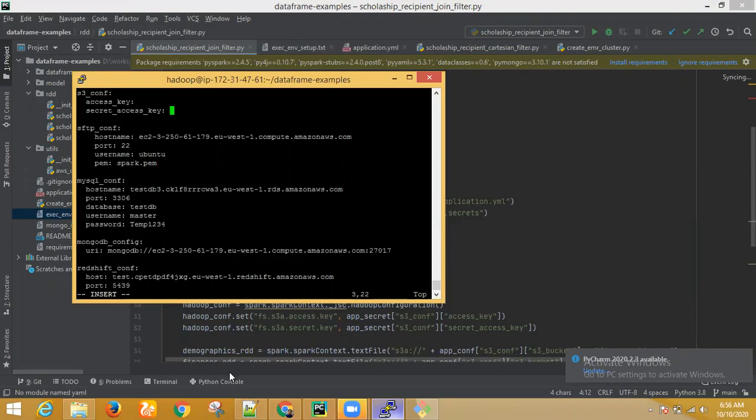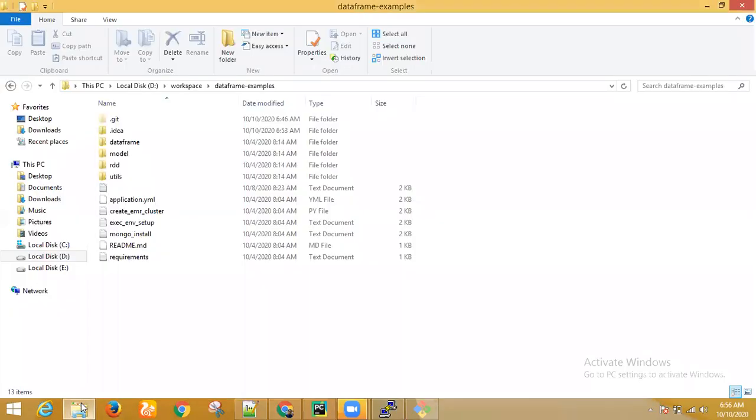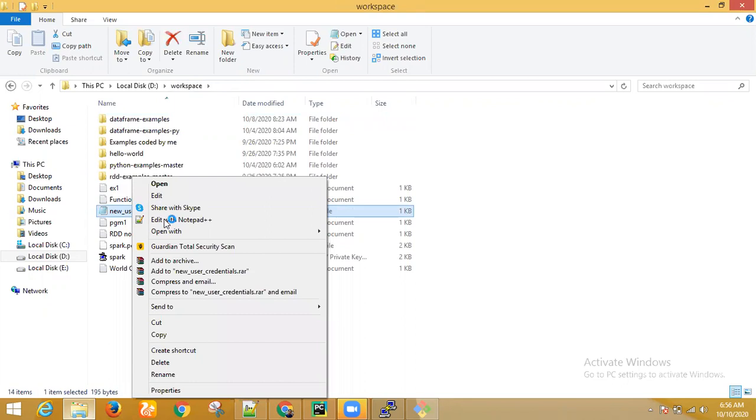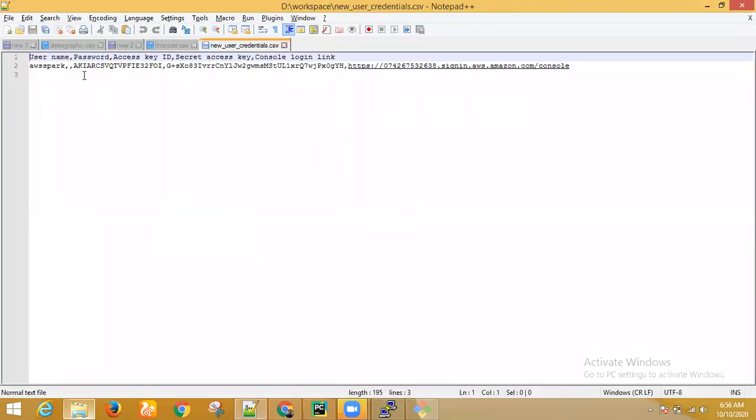Where I'll be copying from, I'll go to my workspace directory again, and obviously I must have saved that file, new credentials.csv. Right click, open it, and you can see the access key is this one. Copy this. When you create an IAM role, you remember it asks you to download the credentials file.